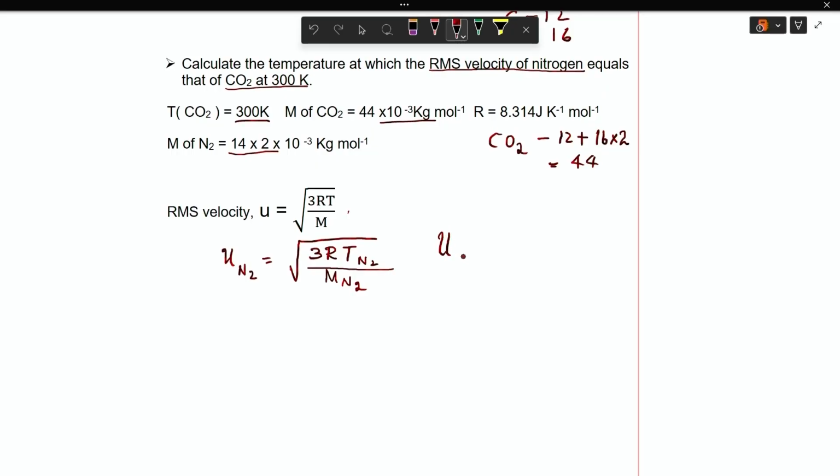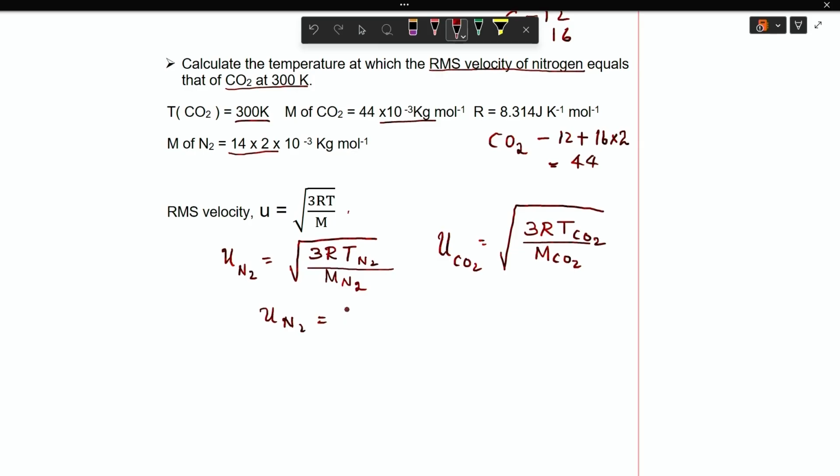That is for the RMS velocity of nitrogen. When I am taking the RMS velocity of carbon dioxide, the equation will be square root of 3RT of carbon dioxide divided by molecular mass of carbon dioxide. Okay. Now, since these two are equal,